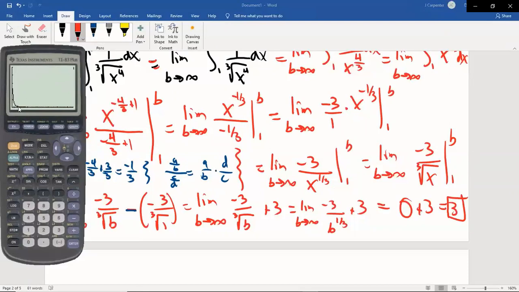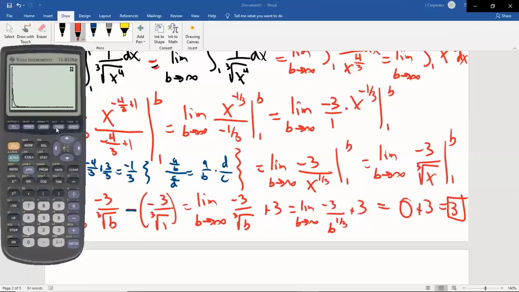Look at how similar this looks in the same window as that 1 over x before. It starts pretty high up over here, but it flattens out quickly and quickly and quickly. Now, maybe it's flattening out quick enough to have a finite area, maybe not. Well, we showed that it was. The calculation was sound. Let's do that integral test and just see what happens from 1 to 10 and 1